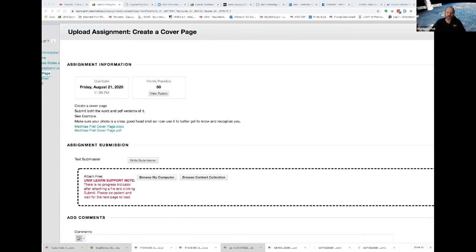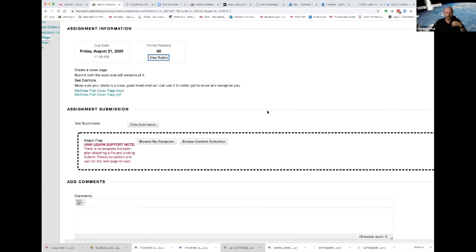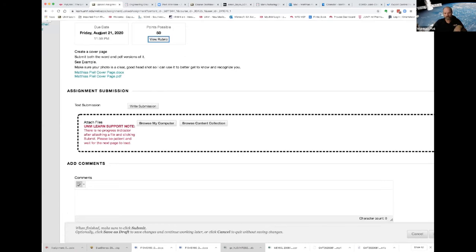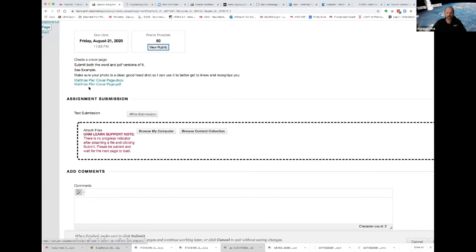And then you can also see comments on the returned assignments. So we will mark up what you may have missed, and there's lots of places to do that. After we do a few assignments, we'll go over that as well and how to read your feedback. All right, so we have a due date, we have a rubric, and then the other thing we have on the assignment oftentimes is some additional